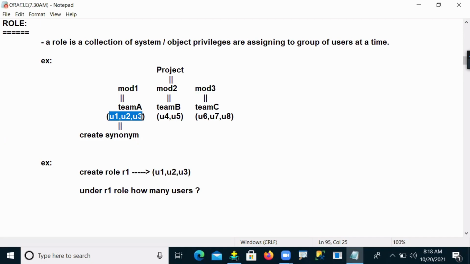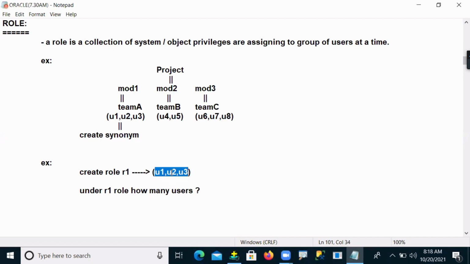So how does the administrator provide the same privileges to a group of people? At that time, they create roles, and after creating a role, we can assign the privileges to the group of people.